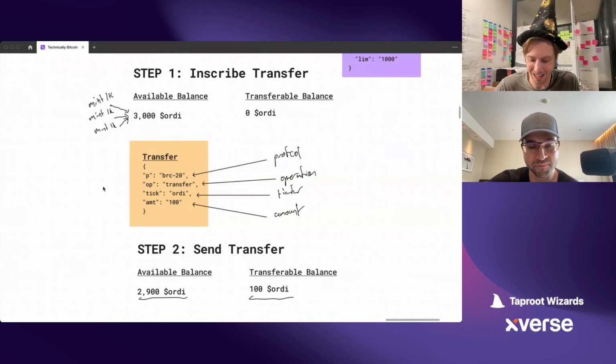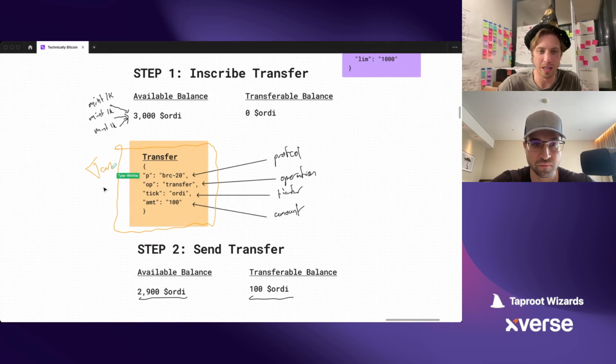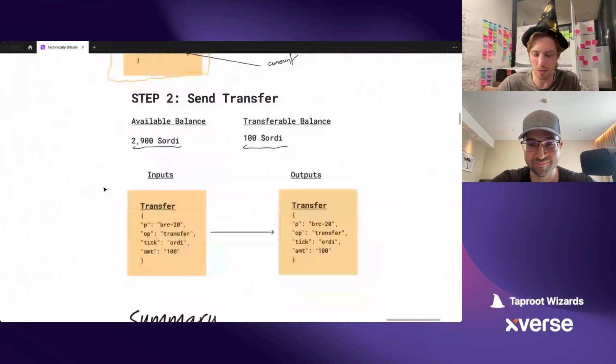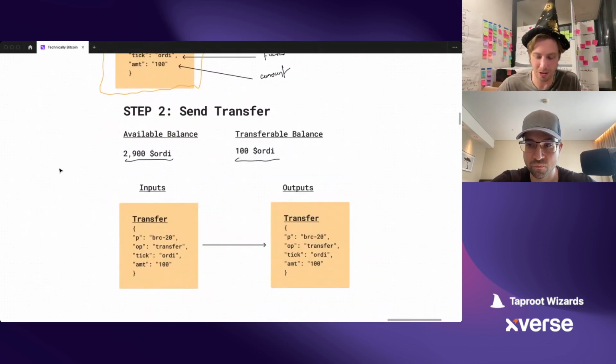You own a UTXO, and the first sat of it is going to point to this transfer function data, right? So, Jan, you now own this in your wallet. Now, if you want to actually transfer this to me, you're going to have to do another transaction where you send that UTXO that you just created to me. This is just our standard transaction chart that we've been using before.